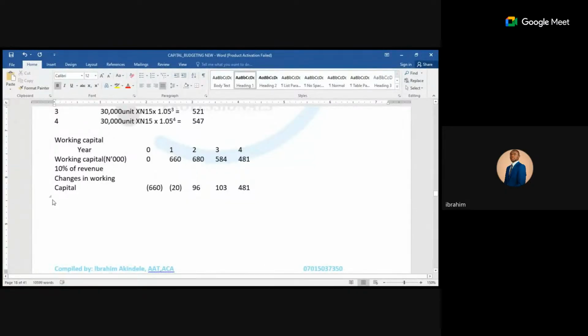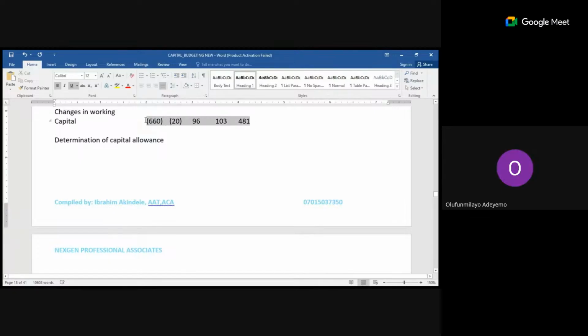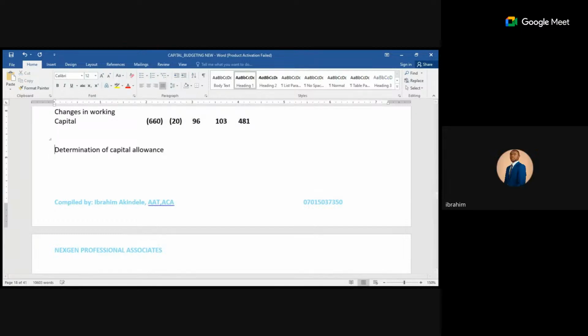Okay, thank you. So, capital allowance. Please, should we go for a break? Determination of capital allowance, or we should continue? Capital allowance. Let's finish it. Let's finish the capital allowance. Okay, that's fine. Let's go for a break. Capital allowance will not take us much now. Let's just finish it, then go for break and come. Okay, I'm coming. Let me finish this part, please.